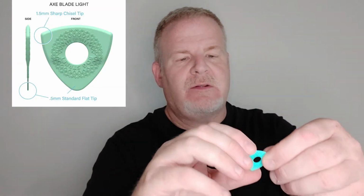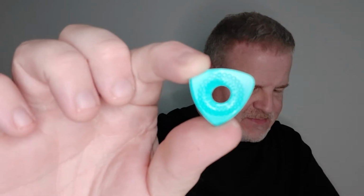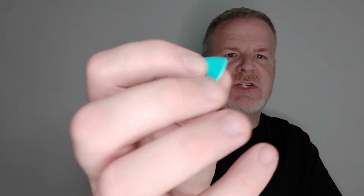Moving right on to the light. Axe Blade Light. Kind of looks like a turquoise. This is a mint green. The one we just did, the medium, was a candy apple. So this is getting a little more in my range, but